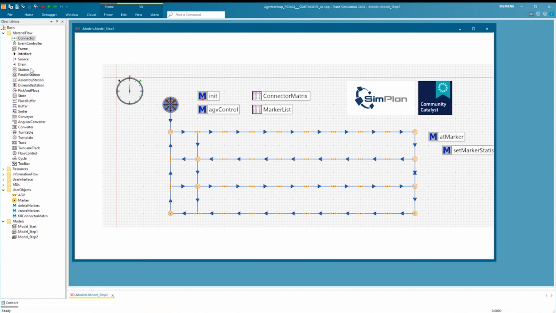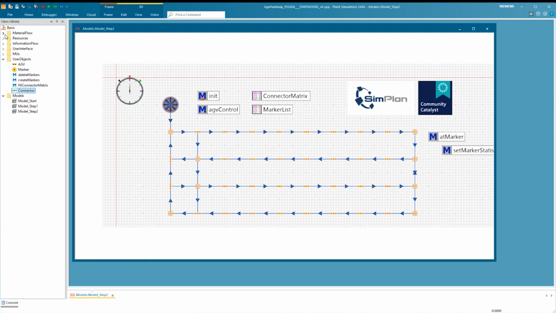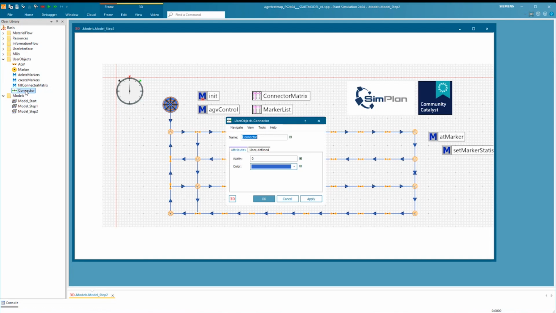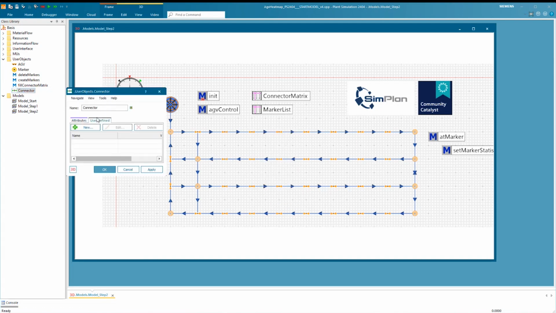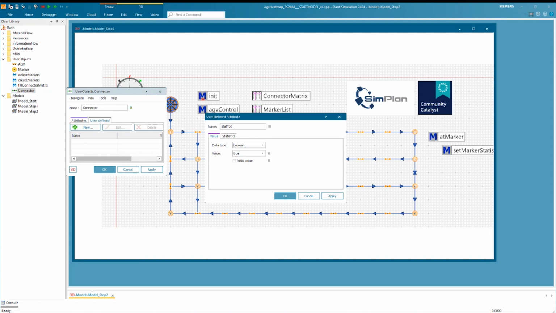Normally in a project, I would not want to modify any of the objects that are in the basic objects folders, because I would not expect that they are different from the state in which they come with a clean installation. So that's why I would now move or duplicate this to the user objects folder, to make it obvious for somebody else who opens the model that this is not some basic connector, but a special connector because, for example, I will have added these statistic attributes.